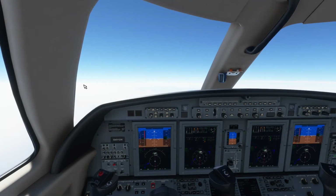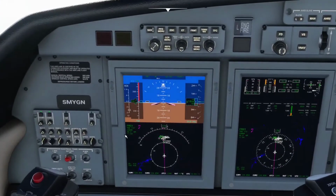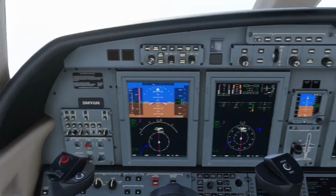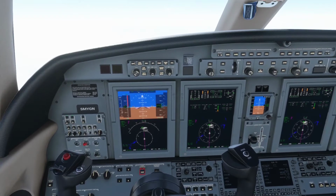So guys, welcome back to the flight deck. We are only 46 nautical miles from the Corker waypoint and we are about to start our descent towards, I believe it is